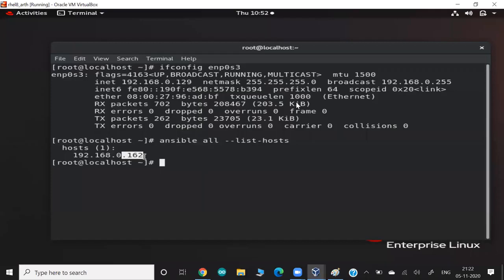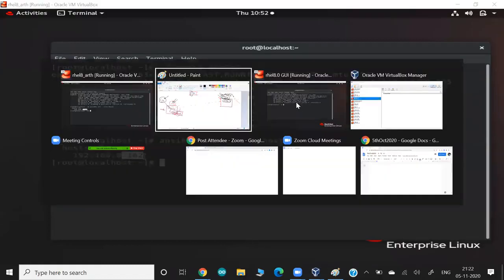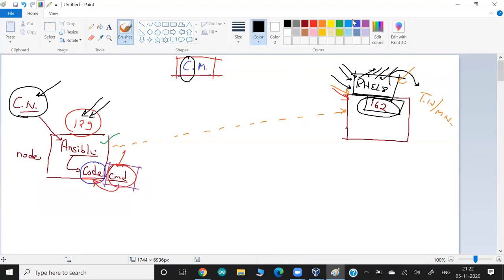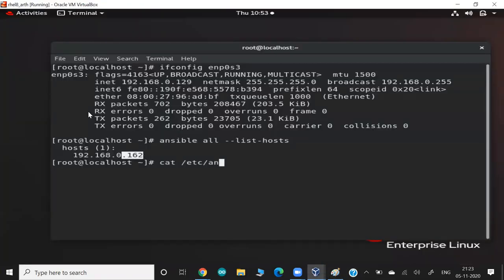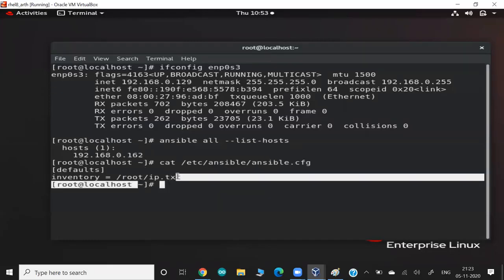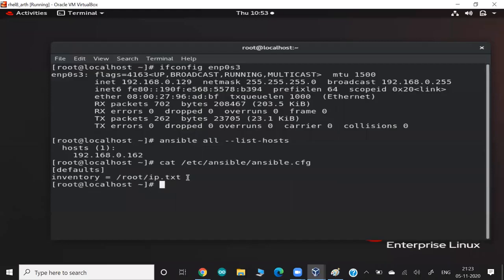But writing the inventory is pretty simple. Maybe after you write the inventory, IP162 is not connected to you. Because for connecting to 162, this computer has to go inside 162, and for going inside, you require a login and password. Yesterday I configured my login and password and gave that information to my Ansible control node. You can ask the Ansible conf file, the main or global file, where is my inventory? This is the file where you keep the inventory. And if you open this file,